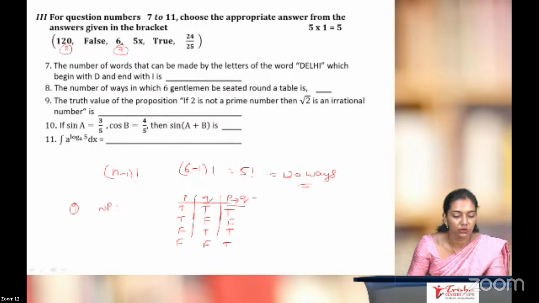Okay, so this is the truth table, right? So now the negation P statement, then root 2 is an irrational number. So that is true. So here it is. So P you have, not a prime number. So it is,